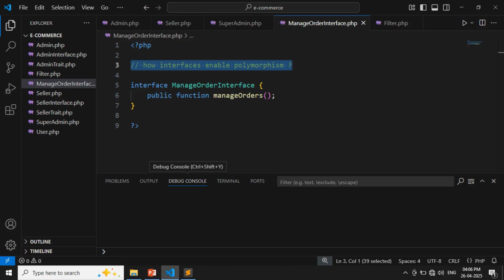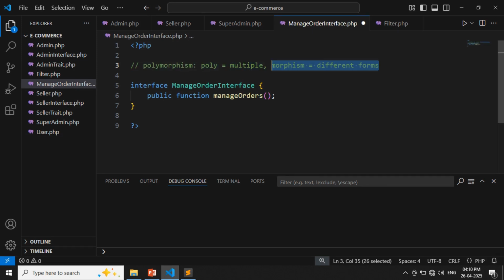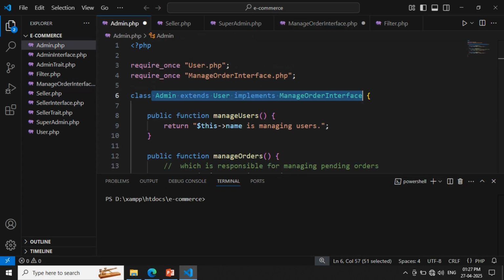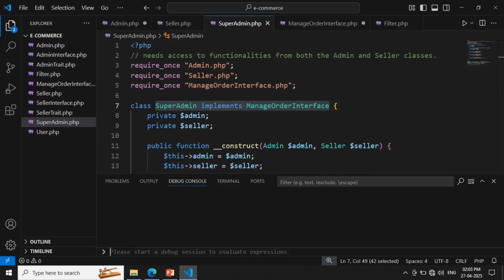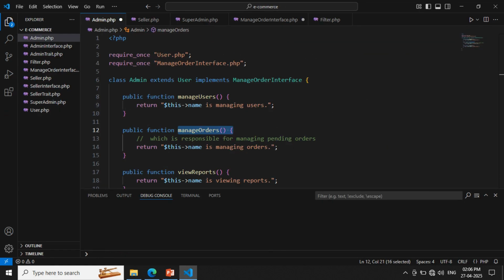First, let's see how interfaces enable polymorphism. The word poly means multiple and morphism means different forms. In our example, we have a ManageOrders interface that is implemented by the admin, seller, and super admin classes. If we take a closer look at the admin class, it contains a method called ManageOrders, which is responsible for managing pending orders.